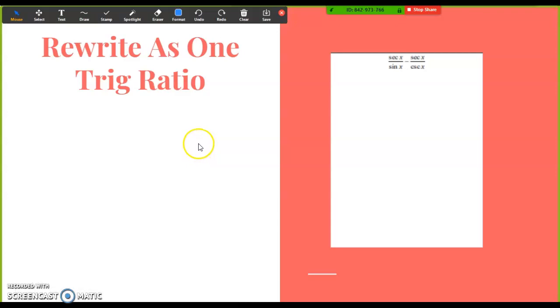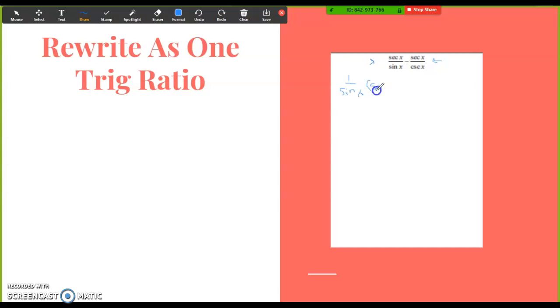Okay, so let's now rewrite the following expression as one trigonometric expression. We're taking secant of x over sine of x, subtracting it from secant of x over cosecant of x. What I want to do with this, again, is to get rid of these superfractions. So I am going to go ahead and just separate them. So I will have a 1 over sine of x